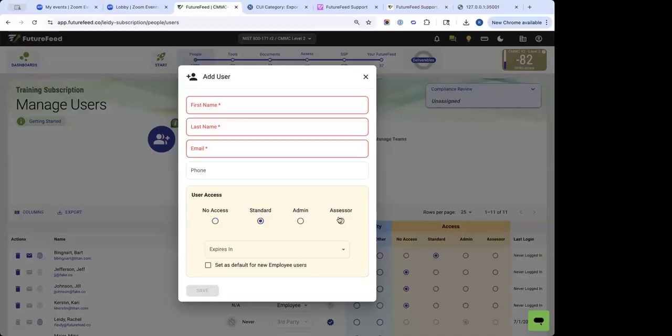At this time, that's just the three roles we have: standard, admin, and assessor. We are working on deploying more role-based access or discretionary access controls in the future, but right now that's what we have. Now, this no access thing is why we have that: you're not creating an account, but essentially